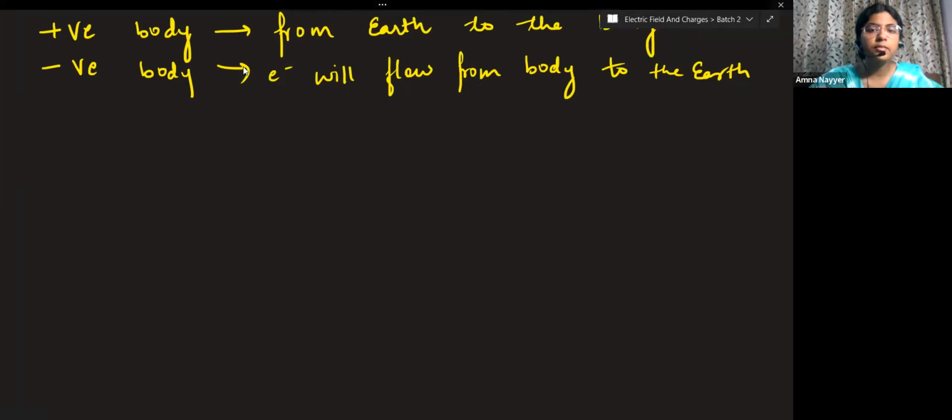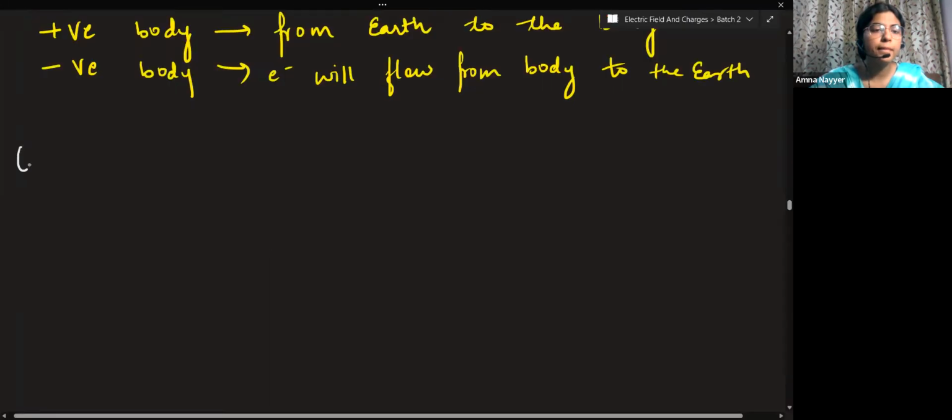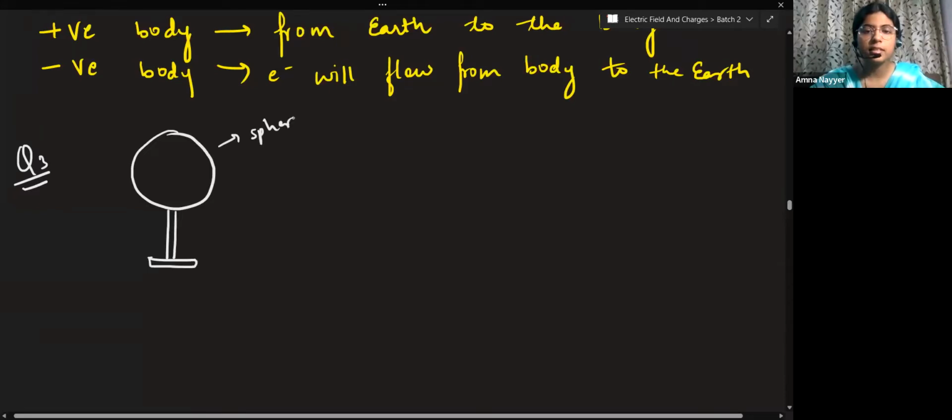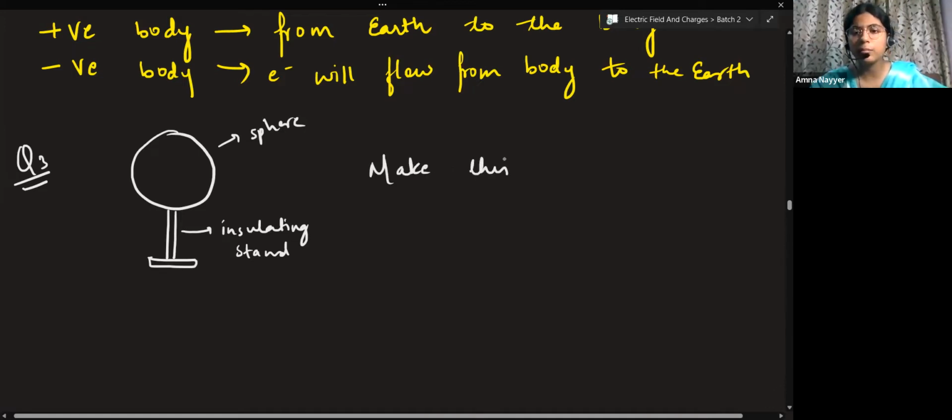If I give you an example, see, I have a sphere. I have made the sphere stand on this insulating stand. This is a sphere. This is an insulating stand, so as to not allow electrons or all the charges to move back into the earth, so that earthing does not occur. If the question says, this is a part of your NCERT examples only, make this